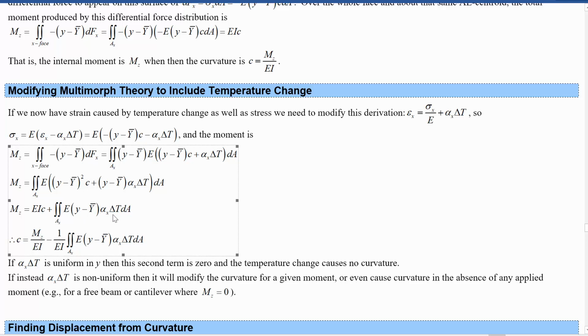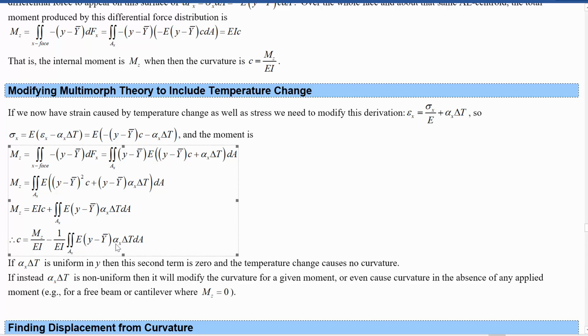What you can do is now solve this for what the curvature would be as a function of not just a moment, but also a temperature change. And let's just look at this equation and see how this works exactly. This is telling us that what would be required, for instance, to get a positive value for this integral? You would need either that the alpha is, so if alpha delta T is constant across the cross-section, then we'd